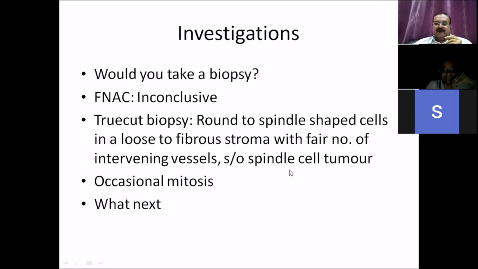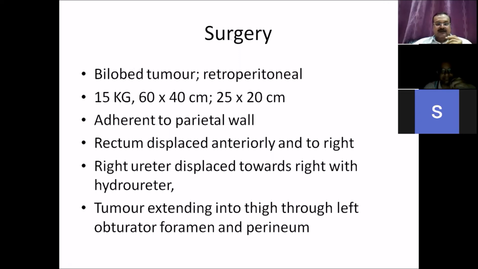And in fact, Mani has said earlier that he does not even require a biopsy, to which I don't agree, because if my biopsy shows me a benign tumor, my approach is different. If my biopsy shows a malignant tumor, my approach would have been different. I might have used neoadjuvant if it was a malignant tumor. So biopsy is essential to let you know whether it is benign or malignant.